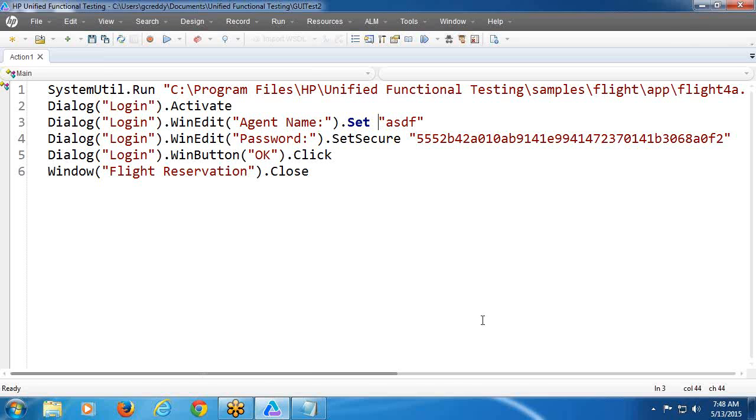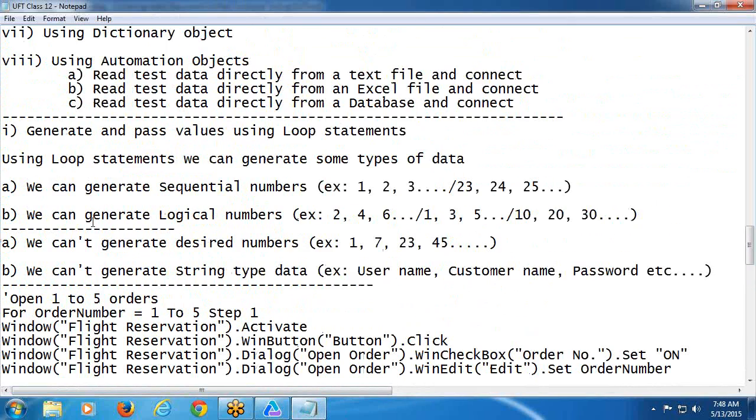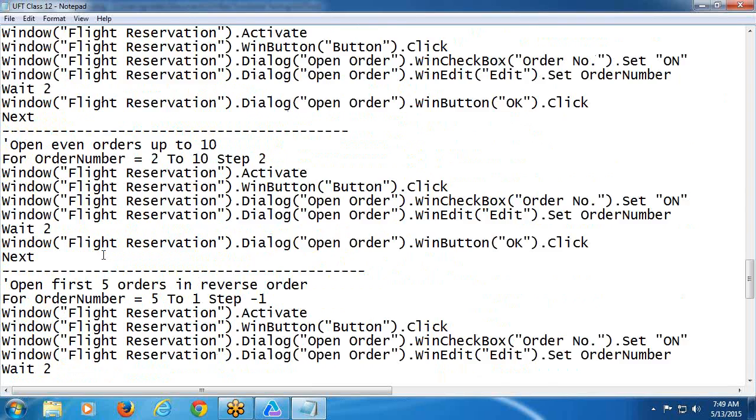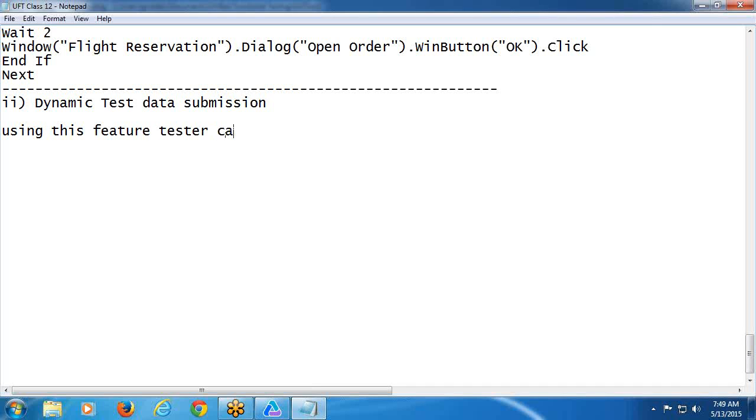That concept is dynamic submission of test data. Dynamic submission of test data. But this is not recommendable for large amount of data. See, using this feature, tester can provide all types of